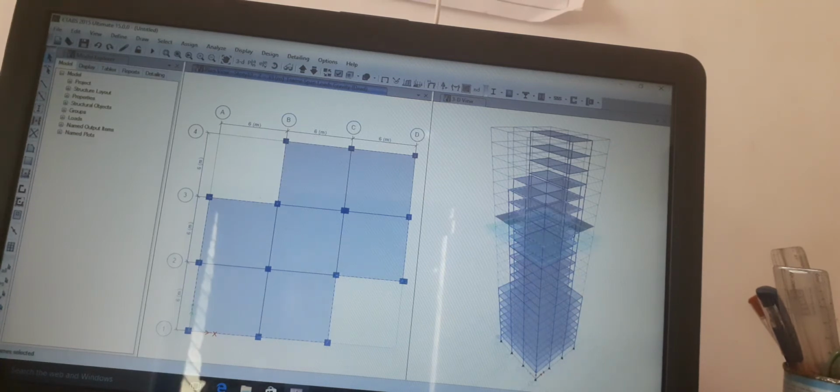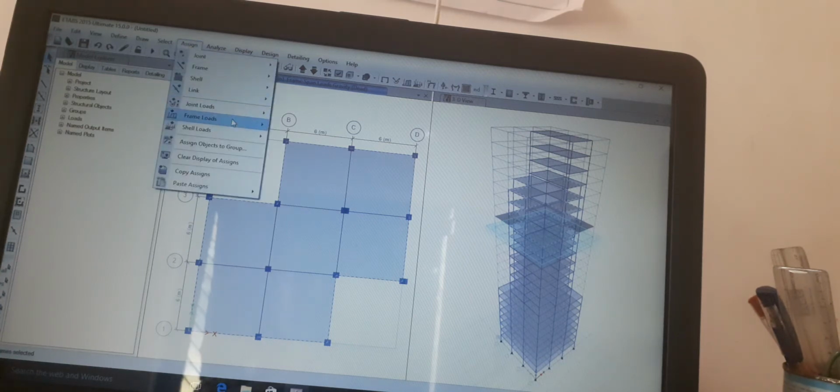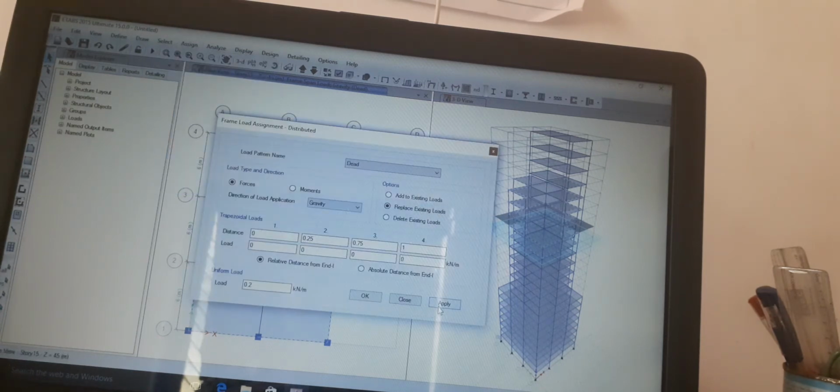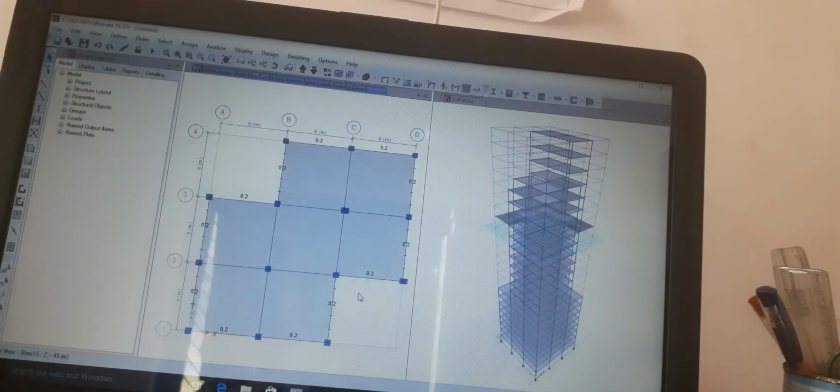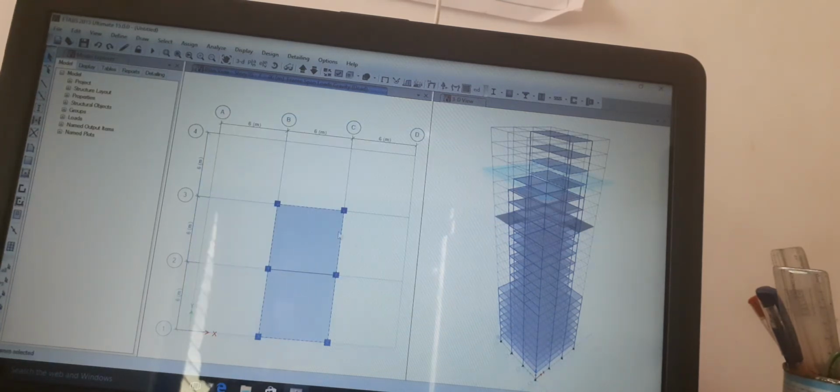Select the outer line and go to assign menu, frame load, distribution, apply, OK. Select the outline and go to assign menu, same step.